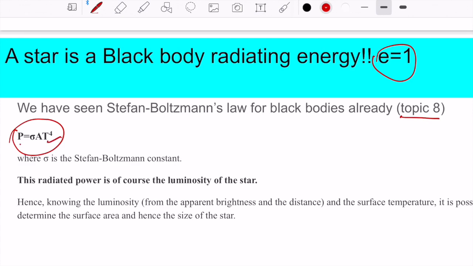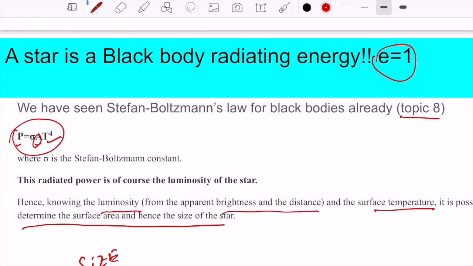We can know the temperature of a star, we know the size of a star, or if we know the power and the temperature, we can calculate the area of a star, for instance. Hence, knowing the luminosity from the apparent brightness and the distance, and the surface temperature, it is possible to determine the area. So see, we know the size, we know the temperature, we know the distance,